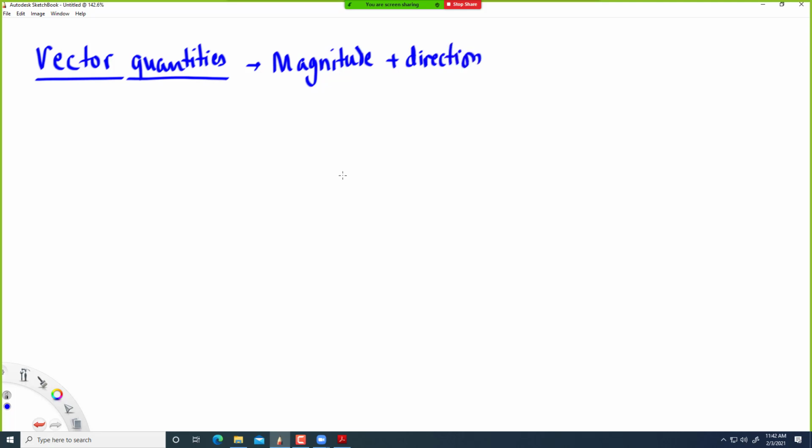So when we are given a vector, let's say force, I don't know why it's doing that. So you're given a force, let's say you are applying a force of